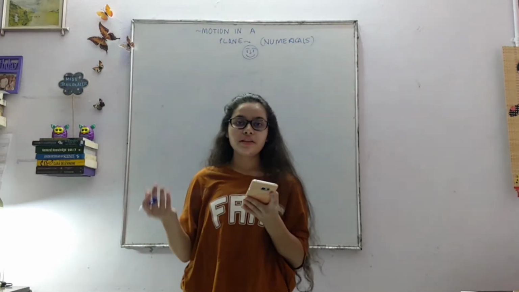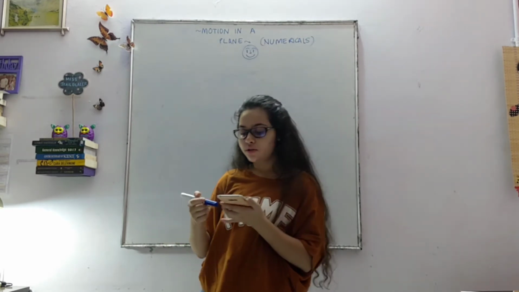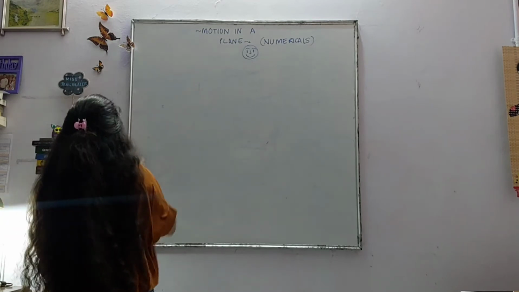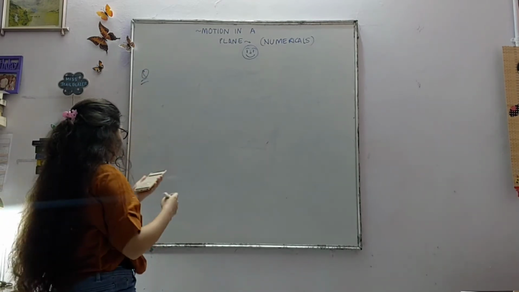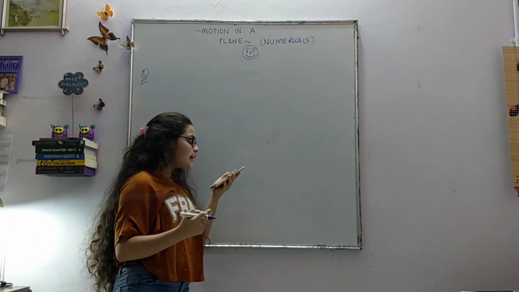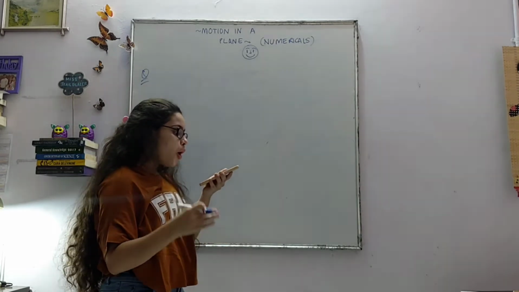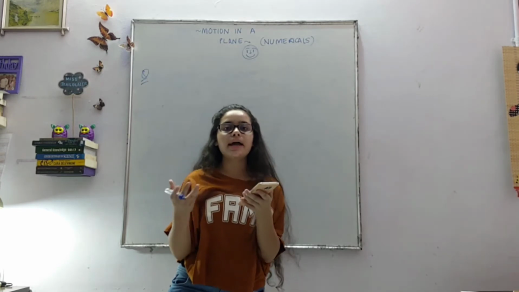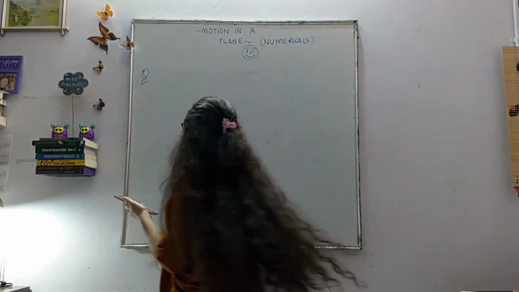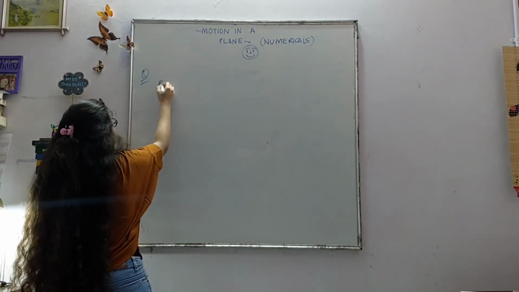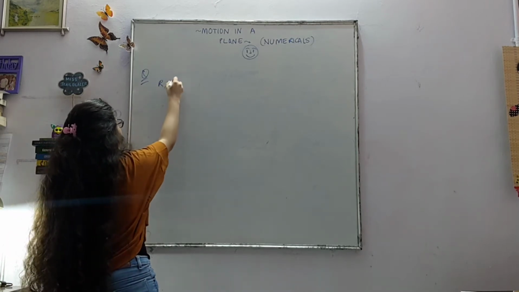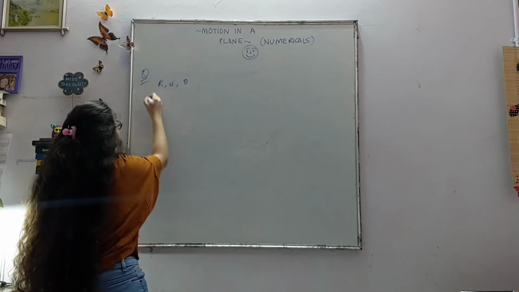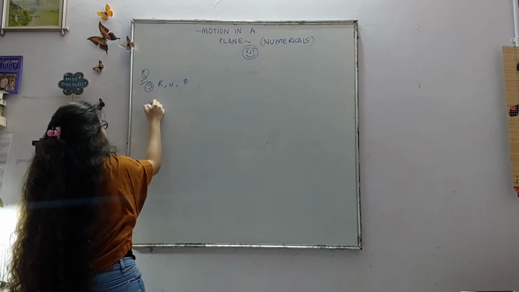So I hope that you have read the question properly. Now let us move on to the solution of the second question. So basically what is asked in the question, they have asked us what will be the effect on the horizontal range of a projectile when its initial velocity is doubled, keeping the angle of projection the same. So what is happening? You have your range, let us say that is r, initial velocity u, and angle theta. This is case 1 when nothing is changed.